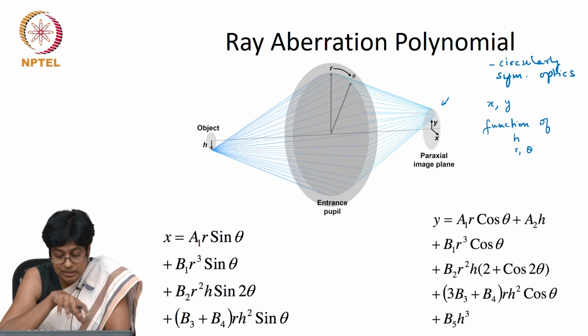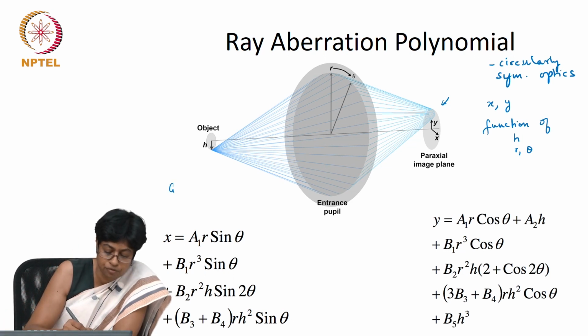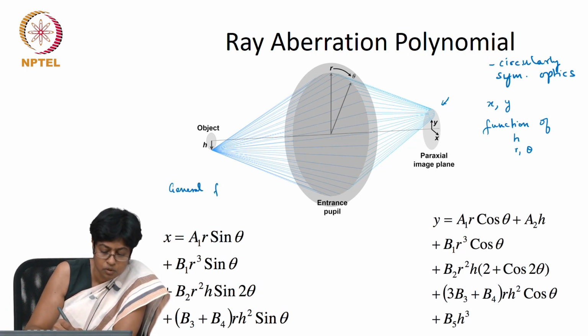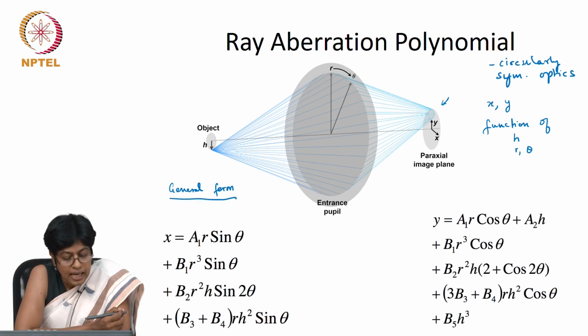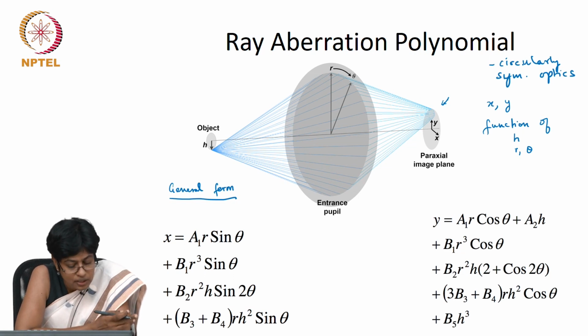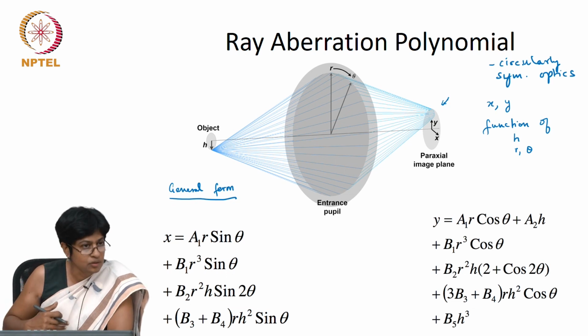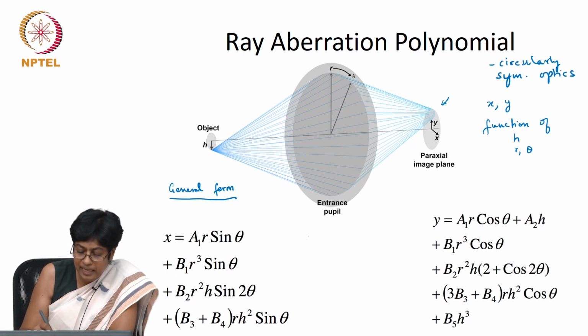So the equations that are listed here, these are just the general form of the aberration equations. And you can see that you have one equation for the location of the ray according to the x location, and one for the y location. Now, they're very similar equations. They have a set of coefficients a, b, and I haven't written higher order terms, but they do have higher order terms as well. And you will notice that the a terms